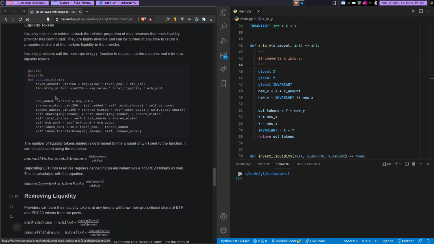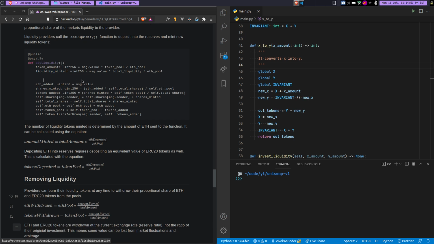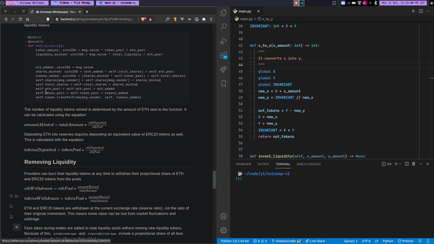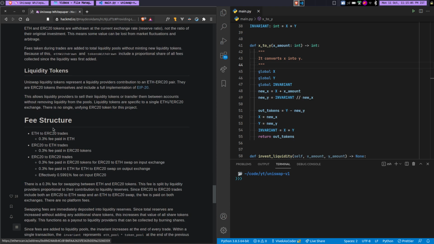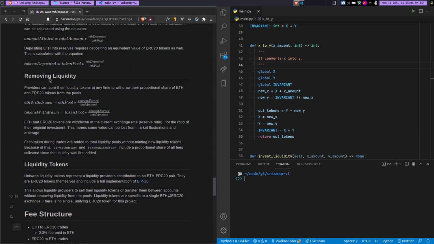Just a quick thing to mention here. When we talk about adding liquidity, the liquidity minted is the amount of LP tokens that we will issue you, and when I say issue you, we are going to mint them for you. That is one thing to understand. The other thing is remove liquidity. For that, we need to take the amount of LP tokens that the liquidity provider would like to burn in order to get a certain amount of liquidity back. I've written the whole contract in SmartPy, so I will be going through it.